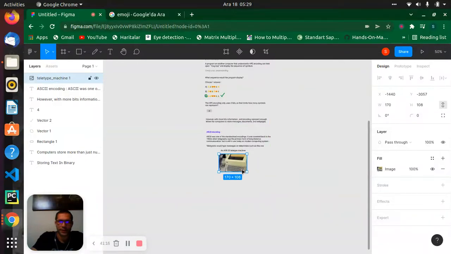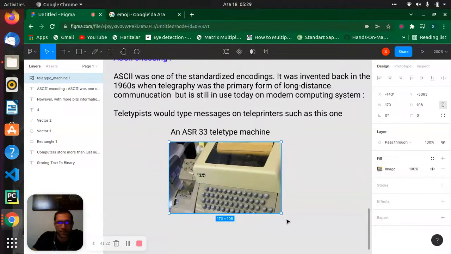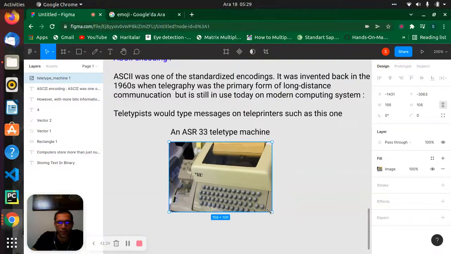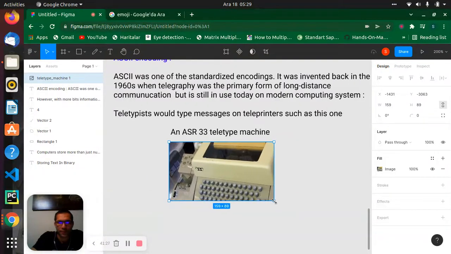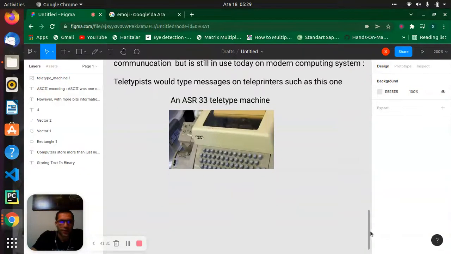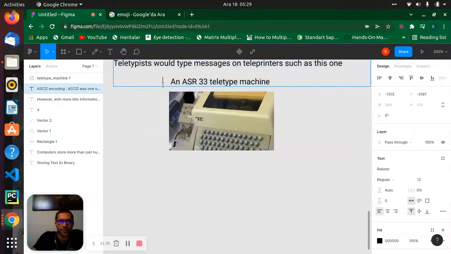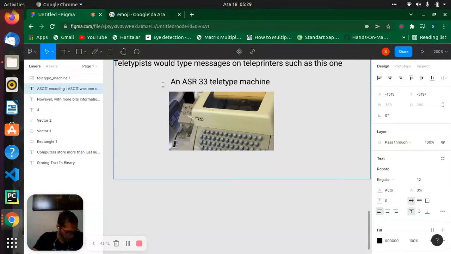Let's put it there. Okay, this is some details. I just want to show you what we are doing. Let's come here and go on again.